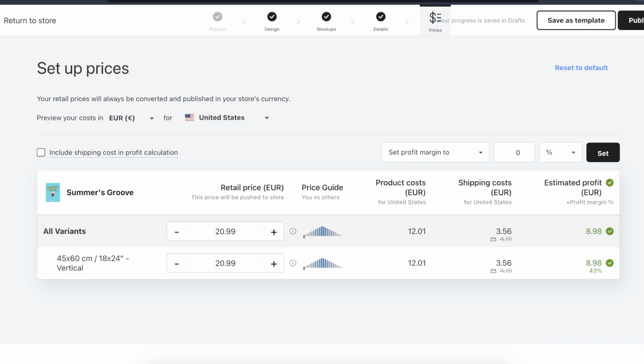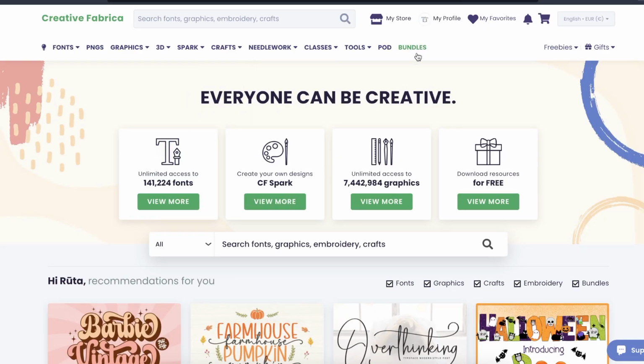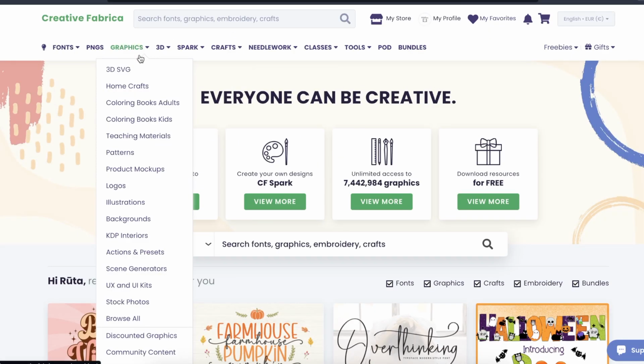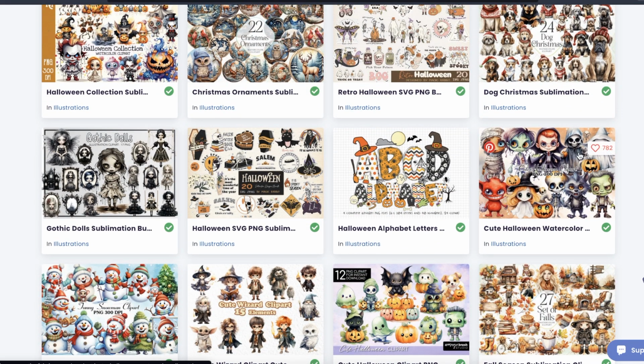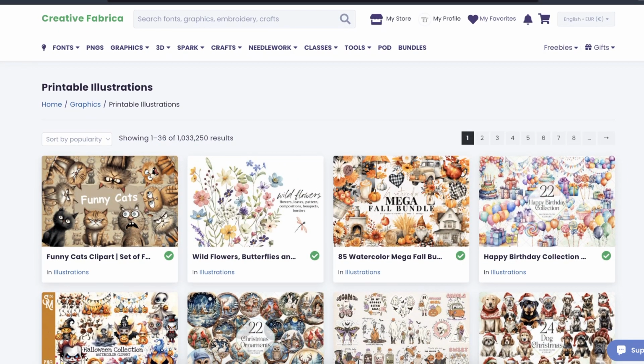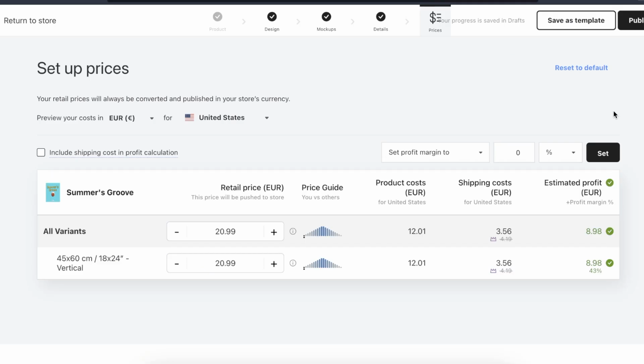Just don't forget to be unique and be careful with copyright. Don't use the images from other creators. Don't use images from Canva. Create your own or buy them from places like Creative Fabrica, for example. Here you can go search for graphics and basically choose the ones which are created for print on demand, and then you're gonna add them to your design and to your store. So that's it,